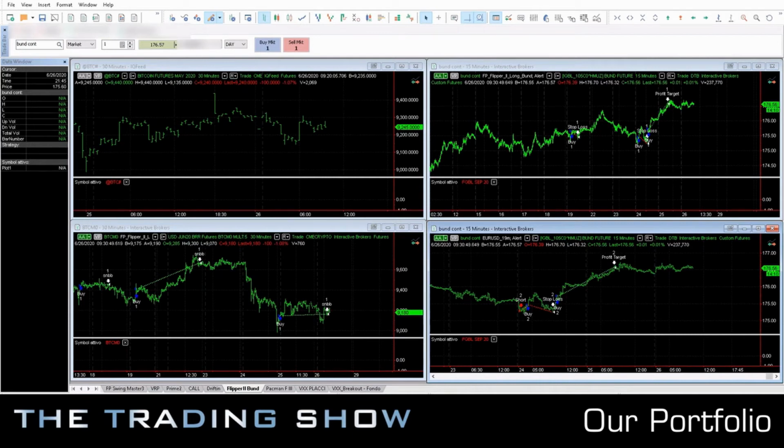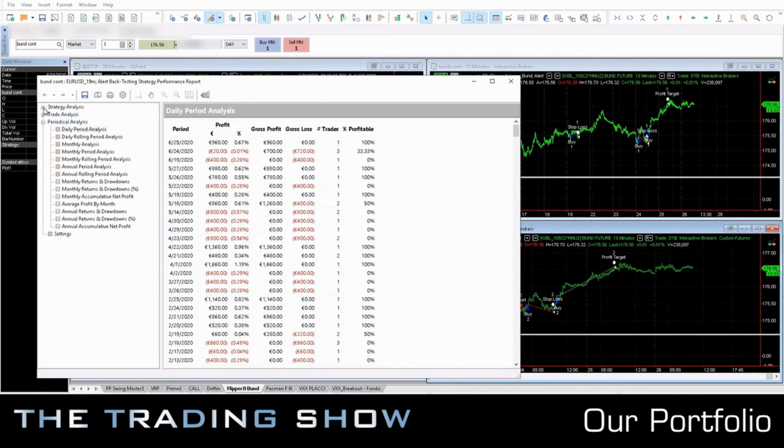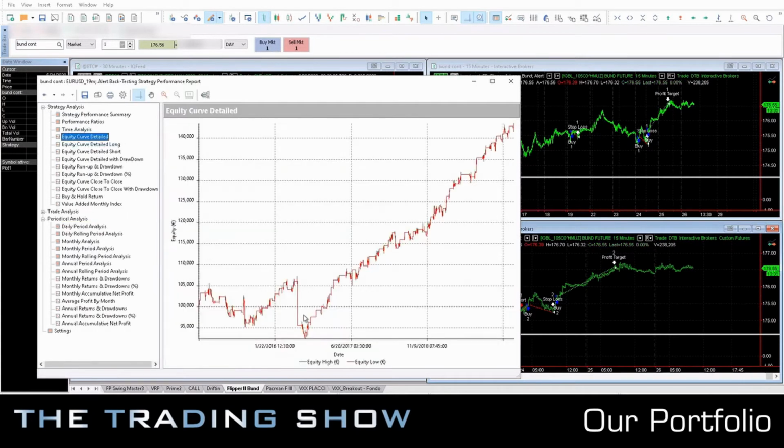Okay, let's take a look at some trades made during the week, and let's start from an historical system, the Flipper 2. I've been using it for several years. The main version is in fact over 8 years old. This system belongs to the breakout volatility family and takes a position in favor of the trend when a volatility explosion occurs. It is an intraday trading system and works on a 15 minutes time frame. It opens both long and short positions, and I use it on the Bund future.